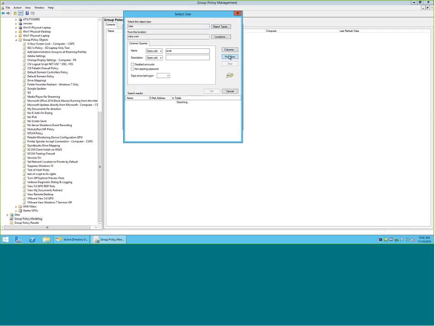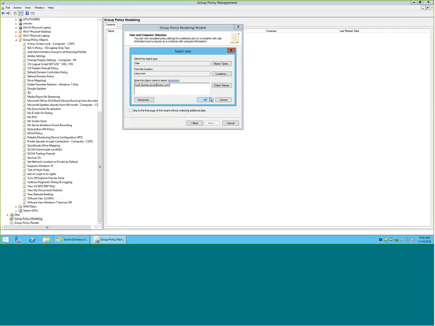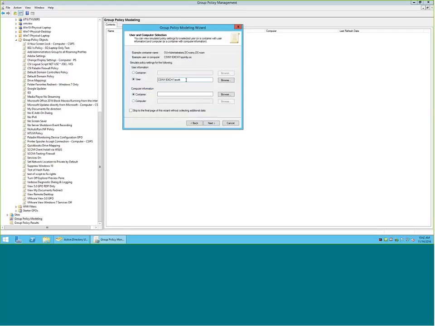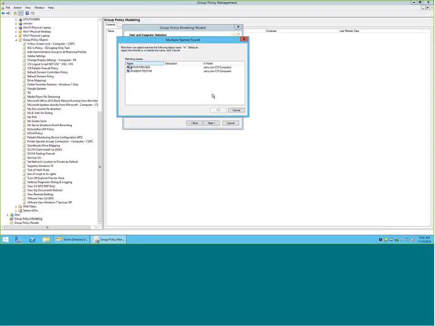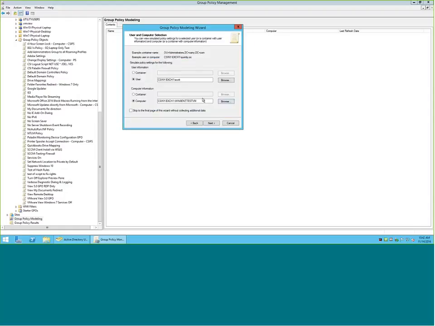Let's find me. So here's the username, Scott. It doesn't like you to type the name of the user in, so let the browse find the user, and then on a computer. So let's find the name of a computer. And same thing on the computer name. So if a user, and this is an if, Scott may have never been at this computer. And that's actually the case,